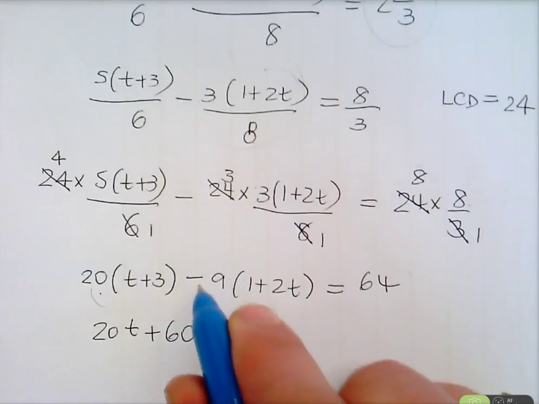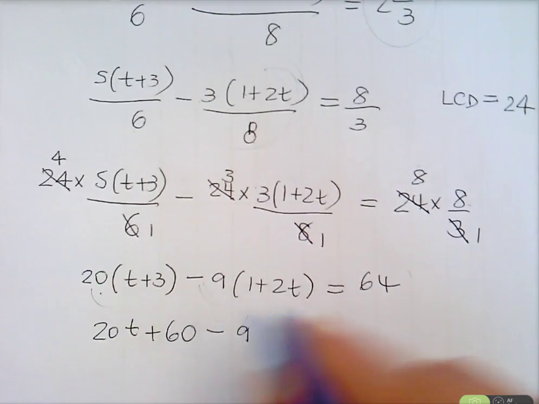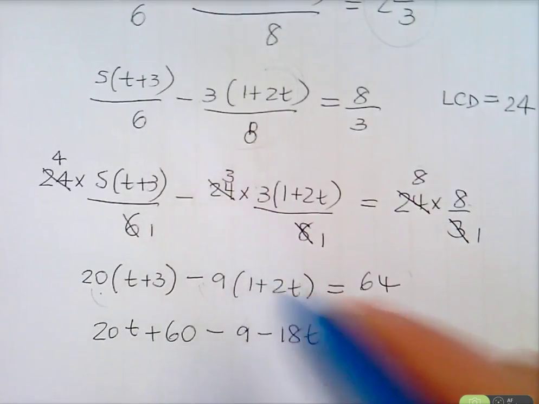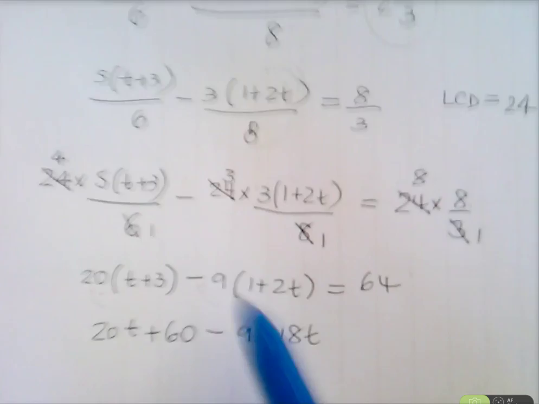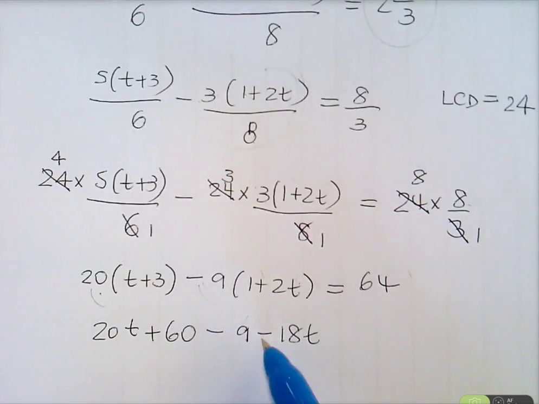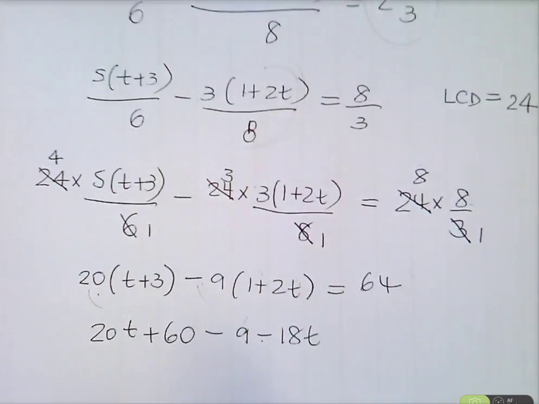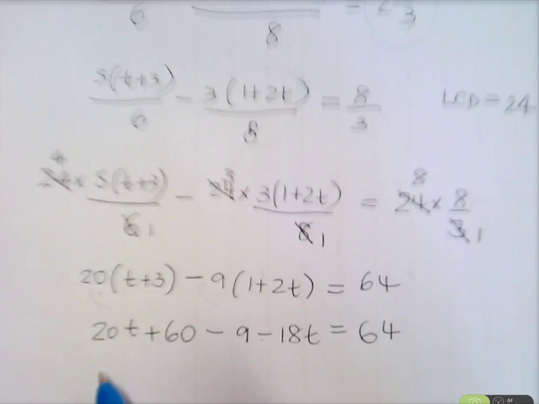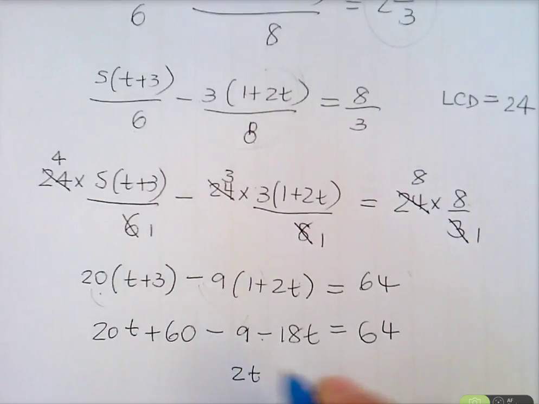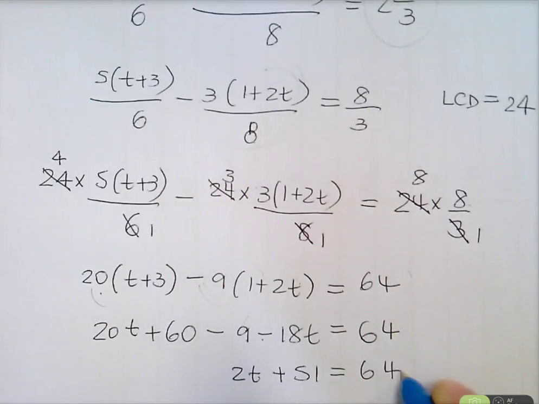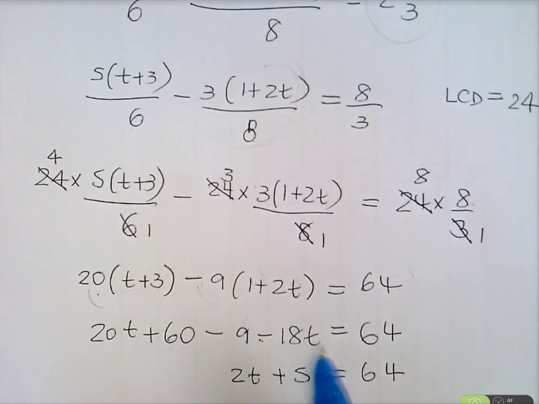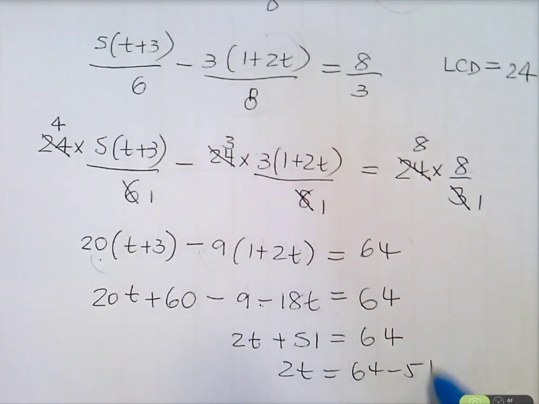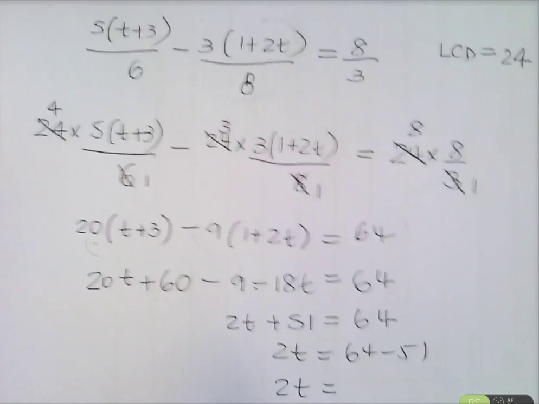So what have I got? Expand. Minus 9 minus 18t. So number one most common error in senior, when you expand this, they don't, minus 9 times 1, minus 9 times positive 2t is minus 18. So 20t minus 18t is 2t plus 51. It is, because it's 20t minus 18t. So therefore 2t is 64 minus 51. 2t is that